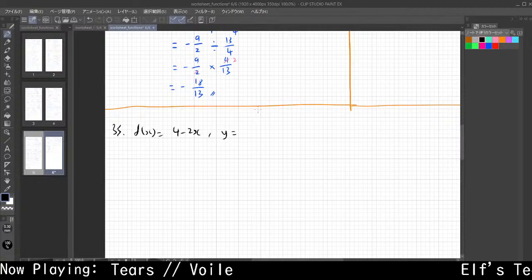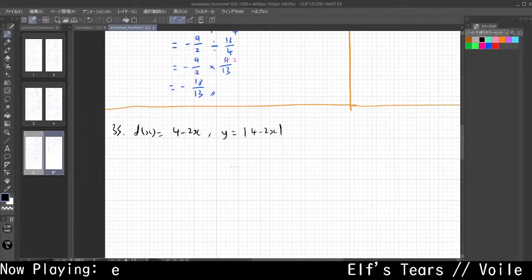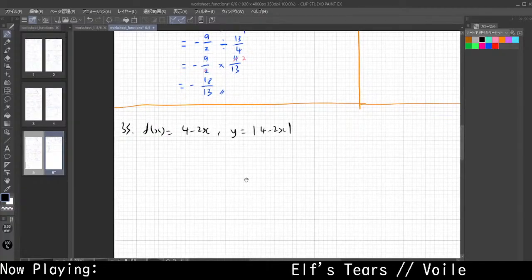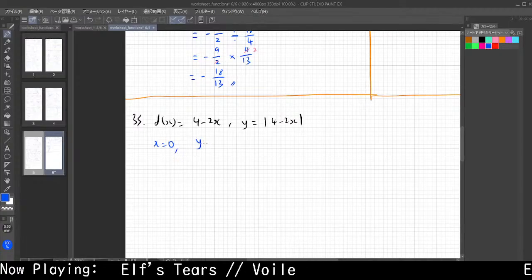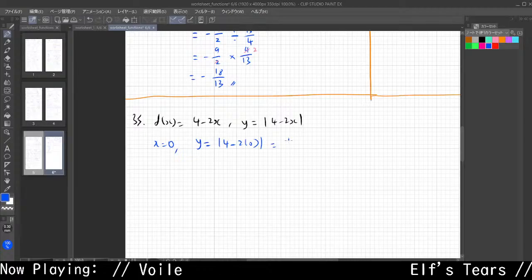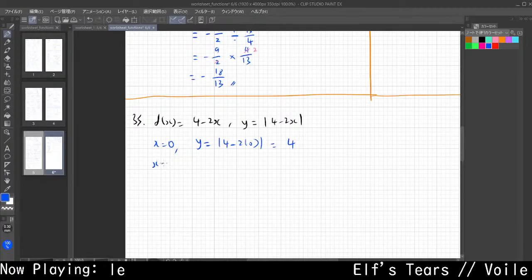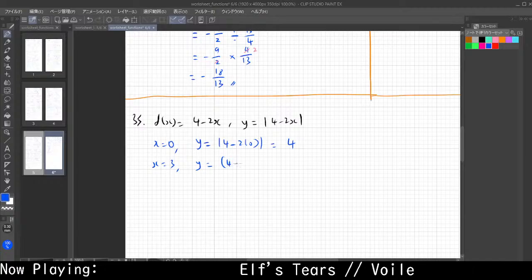I need to sketch a graph of its absolute value, for the domain 0 to 3. So again, you want to find the endpoints first. So x equals 0, y equals 4 minus 0, which is equal to 4. X equals 3, we get y equals